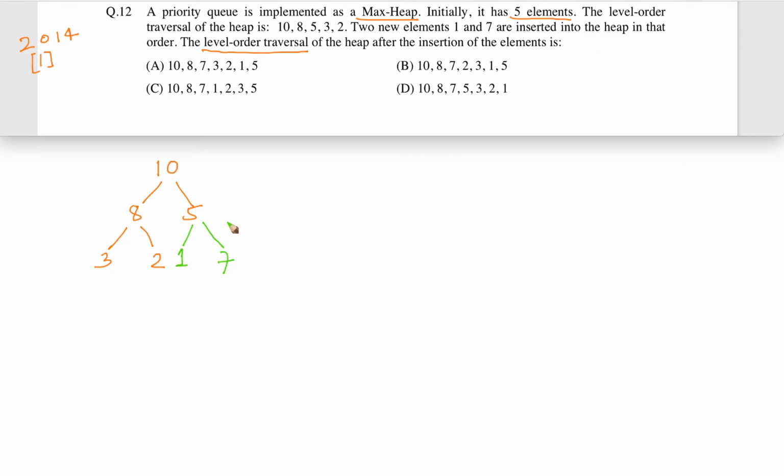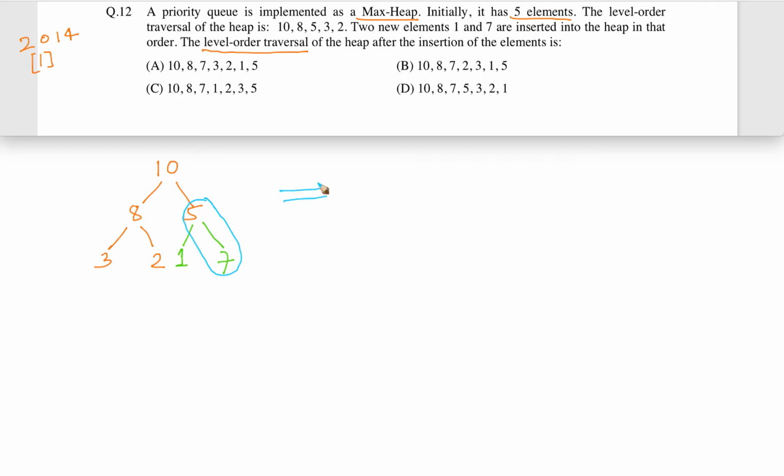Now it violates the property of max heap, because we can clearly see in this pair that since it is a max heap, 7 should be here and 5 should be here. And we have to keep on doing this till the max heap property is satisfied.